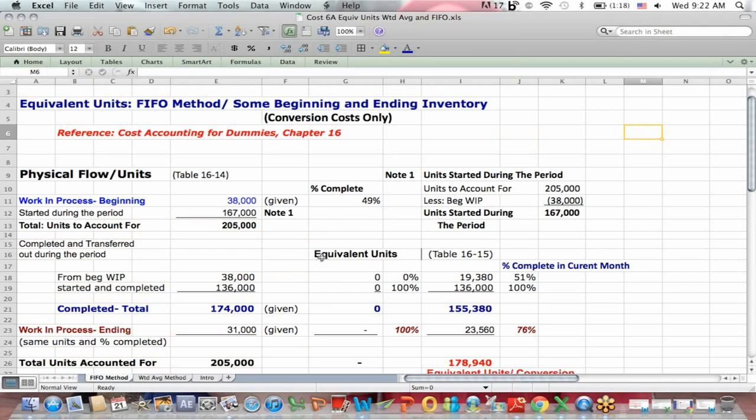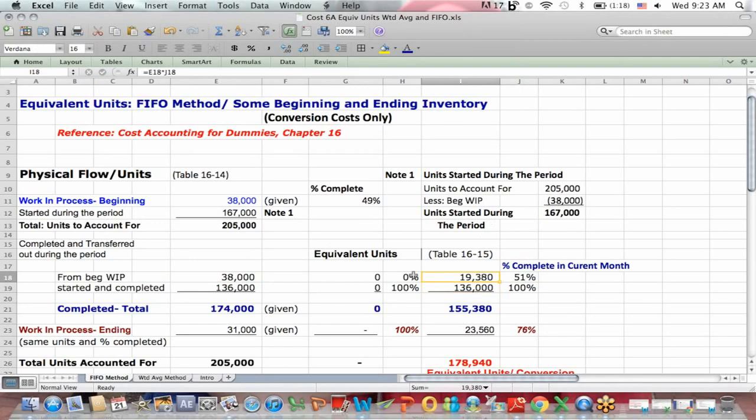Now that we've finished that, we can think about the equivalent units themselves, in which case we multiply the physical actual units by the percentage they're complete. So, if the beginning work in process units are finished during the period, and 49% of the work happened before the period, the month, that means that the difference, 51%, was completed during the month. So if we multiply 38,000 units from beginning WIP that are finished times 51%, we get